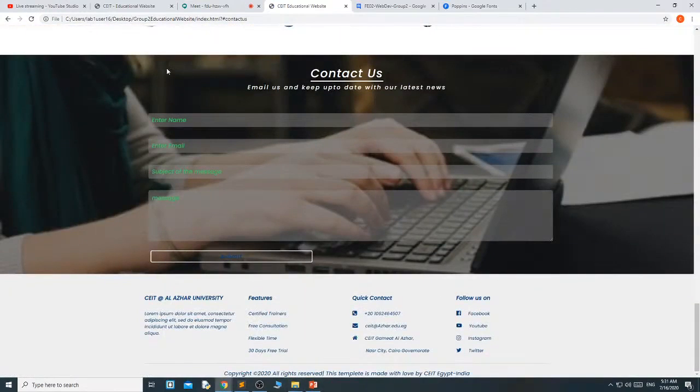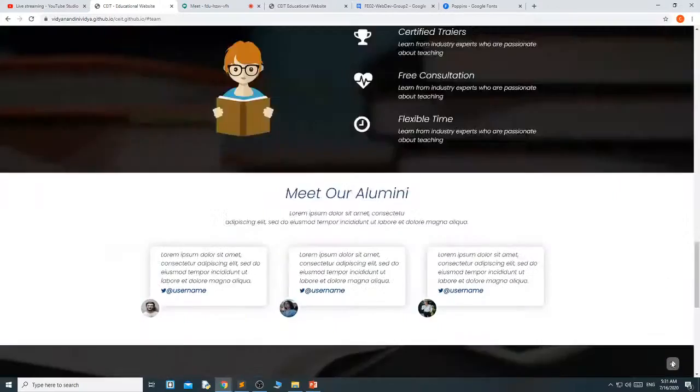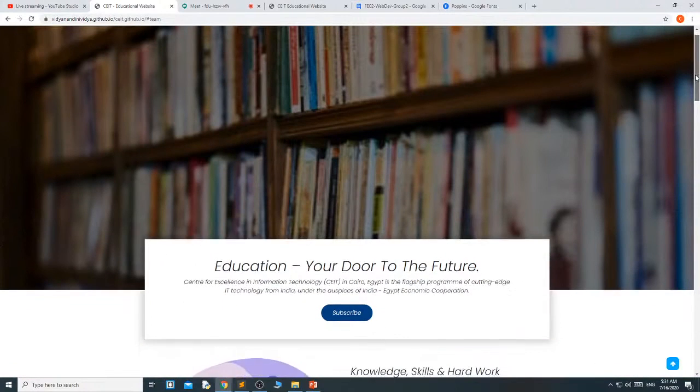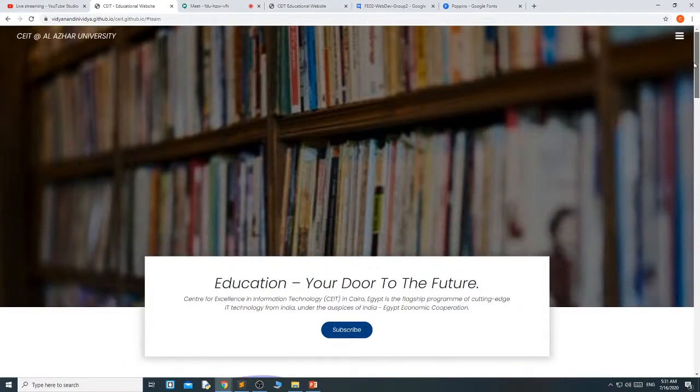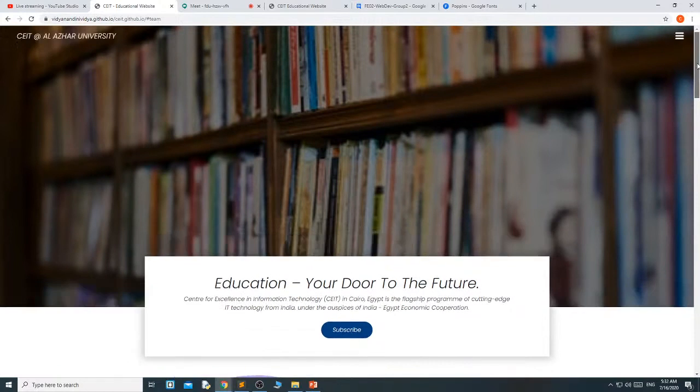Okay. Now the last thing remaining for this project is we need to see how to add this particular icon and how to add the functionality so that when I click it will go up, and when I scroll a little down the page, then that icon appears.